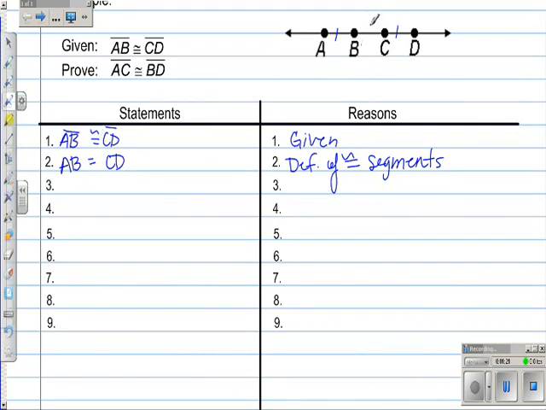From here, we also know that BC is congruent to itself, okay? Because our goal here is to add BC. If you know that AB and CD are congruent, BC is the same thing. If you're adding the same thing to both sides, then they're still going to be congruent. But first you have to state everything very clearly, that the length of BC equals the length of BC by your reflexive property of congruent, or property of equality, because it's an equal sign. So reflexive